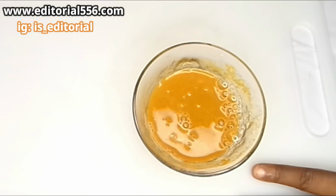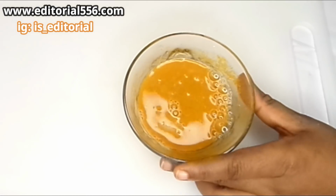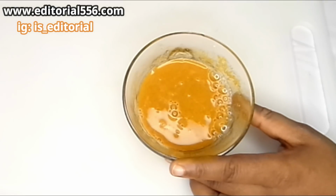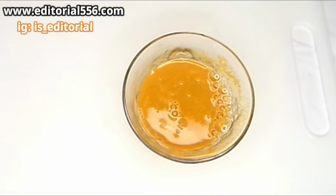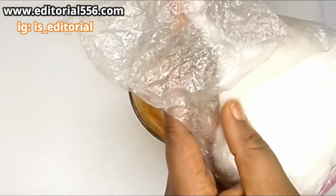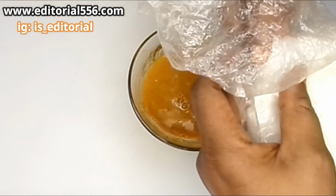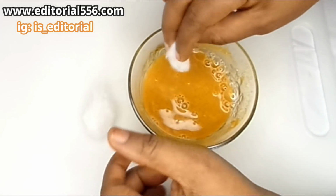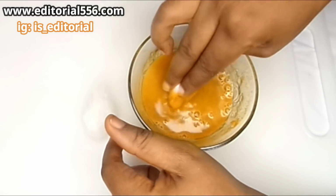Alright guys, so what we're going to do now is that you have to use this treatment onto your eye area, not inside your eye guys, onto your eye area. How you're going to be using that, you're going to be using a cotton wool, and let me demonstrate to you on how you're going to be using this. So you're going to be using a cotton wool. You're going to take and divide your cotton wool into two, dip this into the water